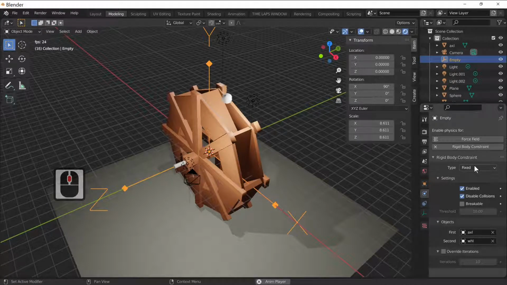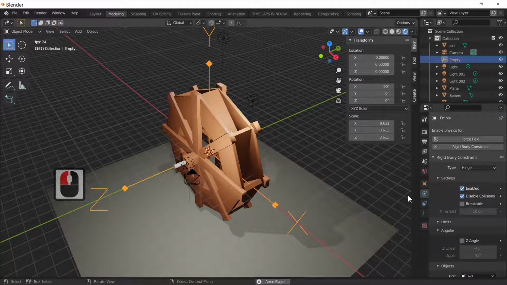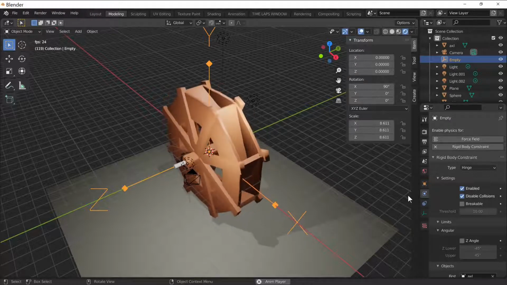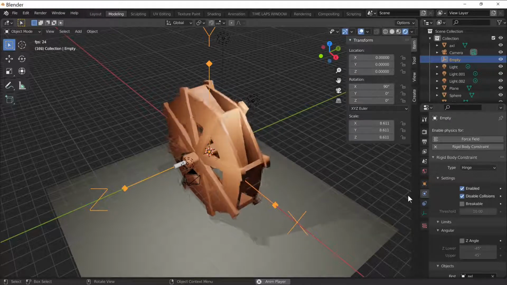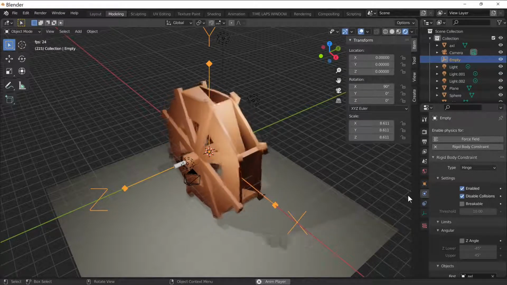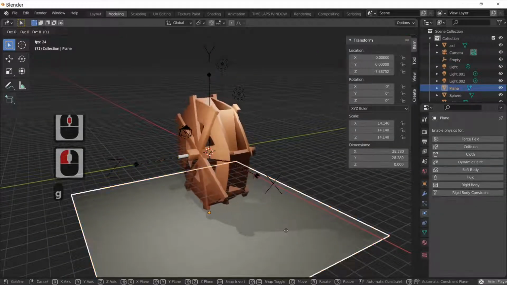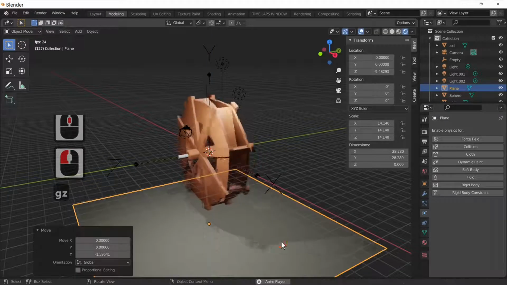So what we do is open this little bar here and we put hinge, and then all the magic should happen. Let's have a look. Wait for it to actually start again, and there you have it. Yep, the ball fell out to the bottom and it's working our water wheel. G and Z just to move that floor down a bit,